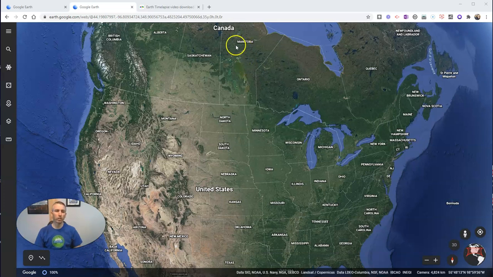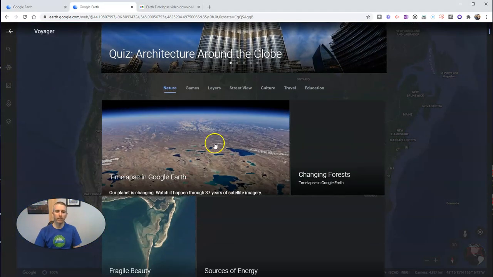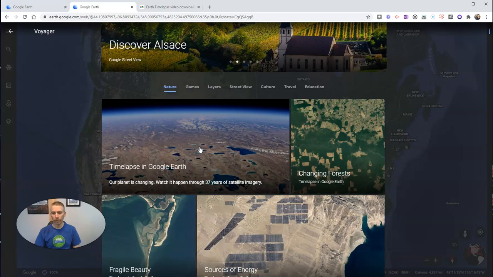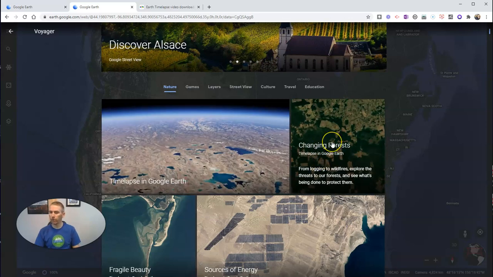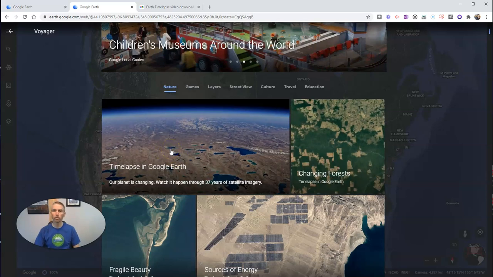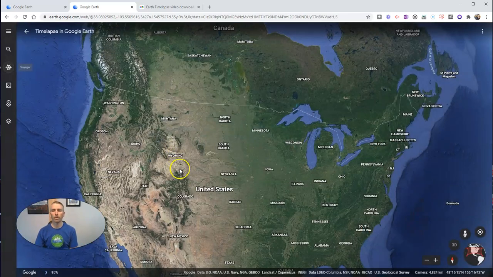I have the web version of Google Earth launched in my web browser right now, and you can see I'm centered on the United States because, well, that's where I live. On the left-hand side, we'll see our standard menu, but we want to go into Voyager. Click on Voyager, and in the Nature category, we have time-lapse in Google Earth. We also see this changing forest time-lapse in Google Earth, but this is the one we want to use for a more general time-lapse of Earth. So I'm going to launch that,